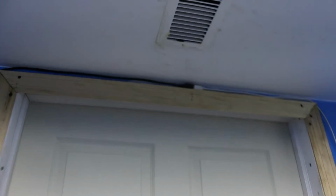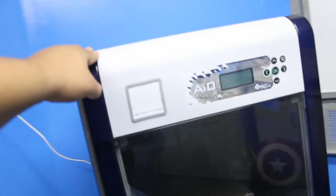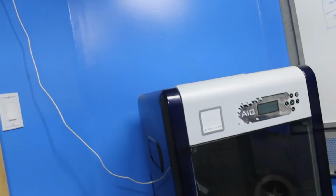But the cable right there you see is actually to the 3D printer. This is the XYZ DaVinci AIO all-in-one 3D printer and scanner. Yes, it scans and 3D prints. So badass. The computer is way over there, you guys saw. I'm going to have the line totally connected to the printer, so I cannot wait to start printing. Like just boom,